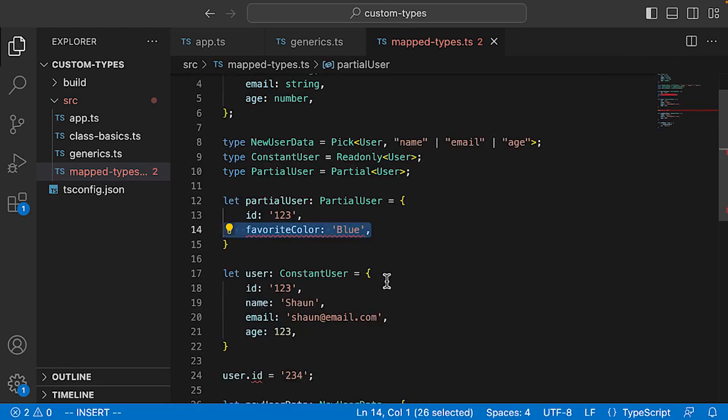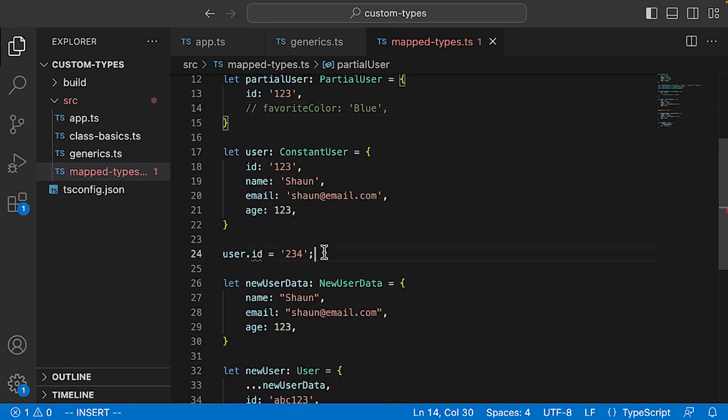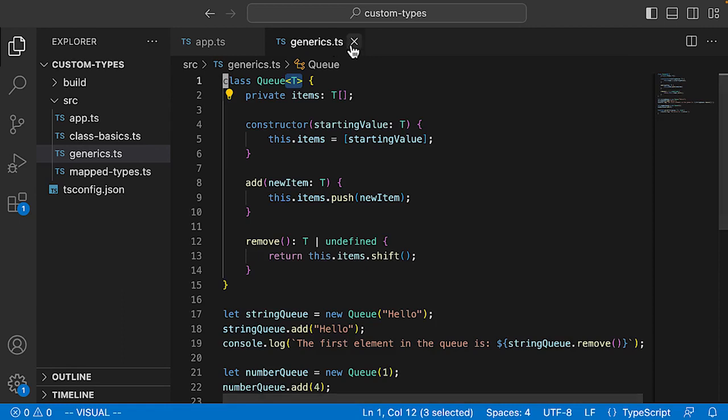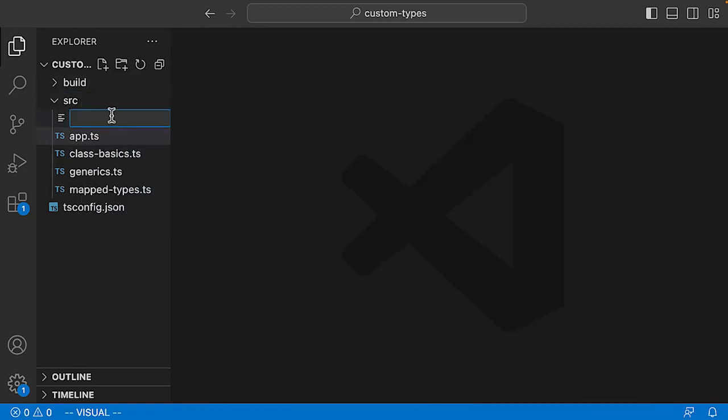But first, just to make sure that this file here isn't highlighted in red, let's eliminate some of the errors that we purposely typed in our mapped types file. I'm just going to comment these out so that we still have them around, and you might even want to add a note to it like "this doesn't work," just as a reminder if you want to. Okay, and what we're going to do here is create a new file for our examples, and we'll call this something like conditional